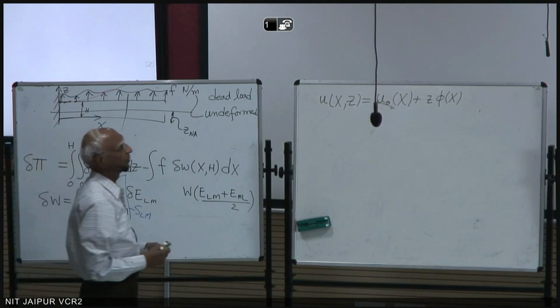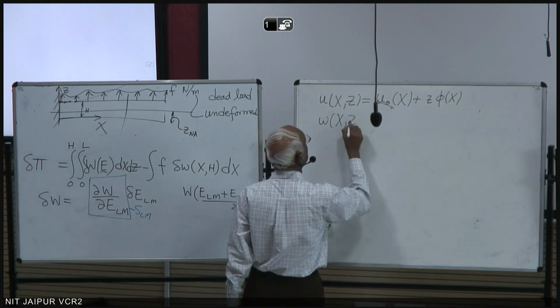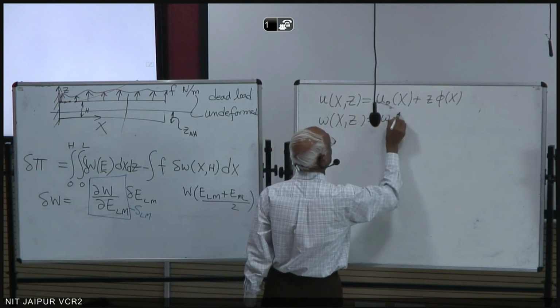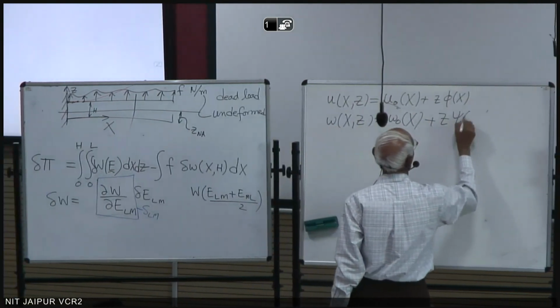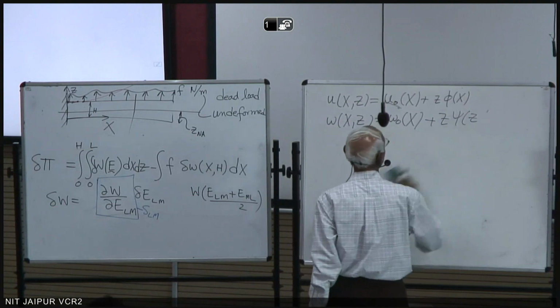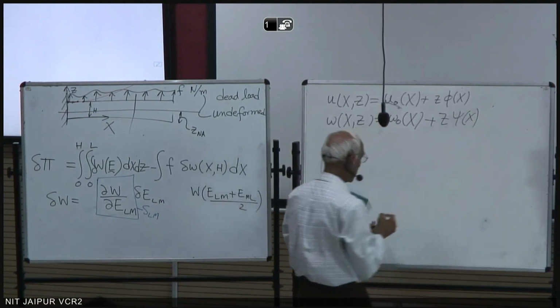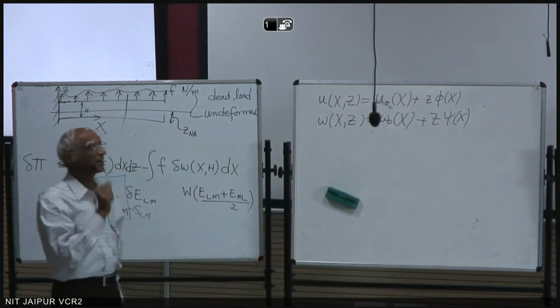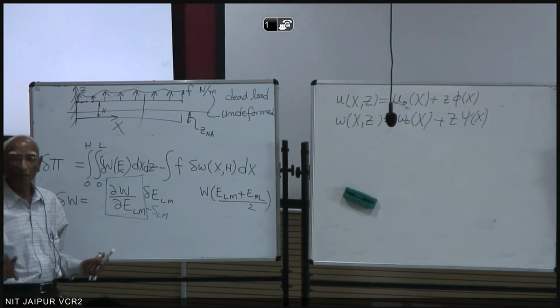And same thing for W. So W of x, z is W0 of x plus z psi of x. It's not a very refined theory, so don't expect